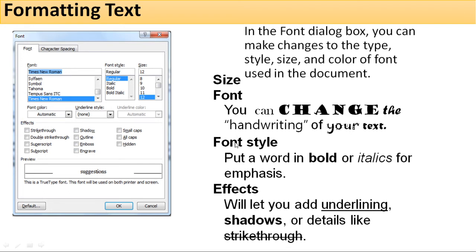With the font style, put a word in bold or italic for the best effect, and we can underline as well as add shadows or details like strike through.